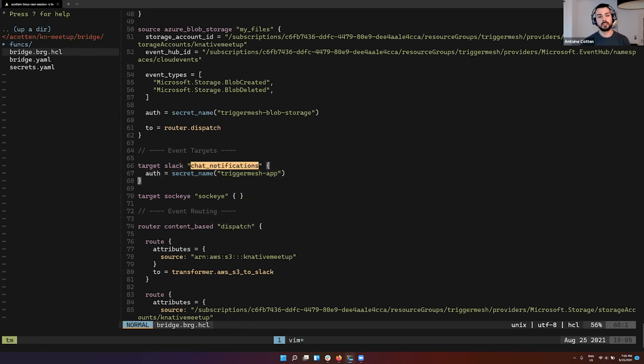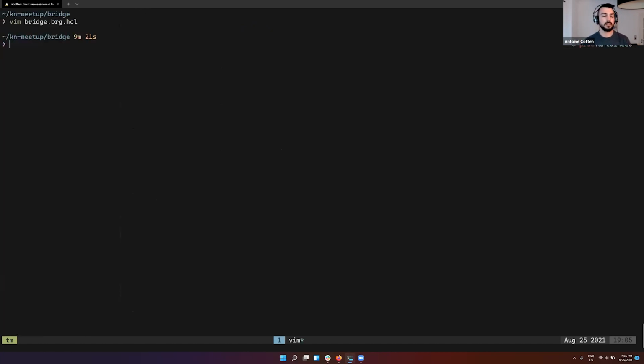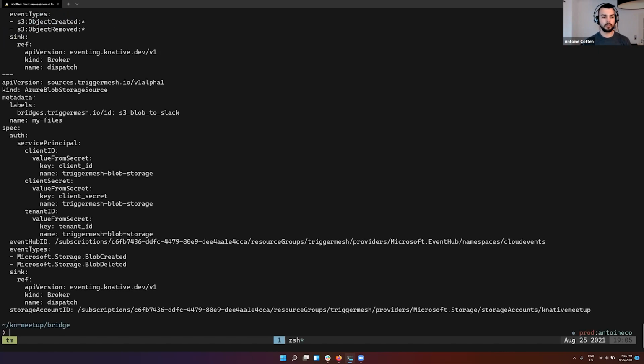Okay, so let's generate that using the till tool. So I'm simply going to pass this bridge brg.htl to till generate. What's going to happen is my configuration is going to be analyzed, validated, and the references between the different components are going to be built. And from that, the tool is going to generate basically the wall of YAML I was talking about before,